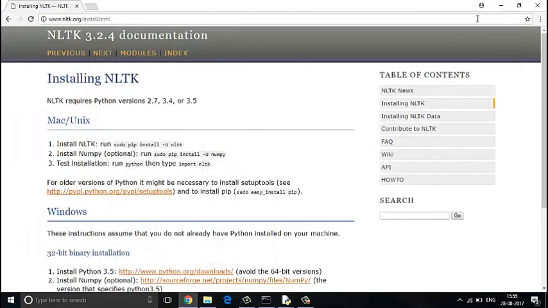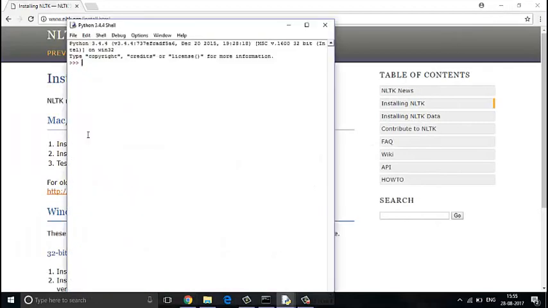Now for checking that, this is your IDLE, just write import nltk. After executing that command, if there is no error, it means that your NLTK module is successfully installed. Similarly, you have to write import numpy and this will be imported here. Since there is no error, it means your numpy module is successfully installed.